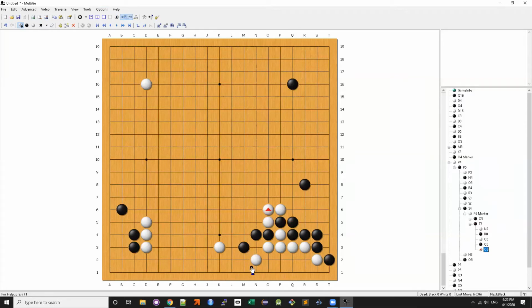Something like this. And black can block. And you can see that this immediately will become a fight for both sides. It will be quite difficult, but it's playable for both sides. So here white can also consider this move, because if white saves this stone, then these 4 stones